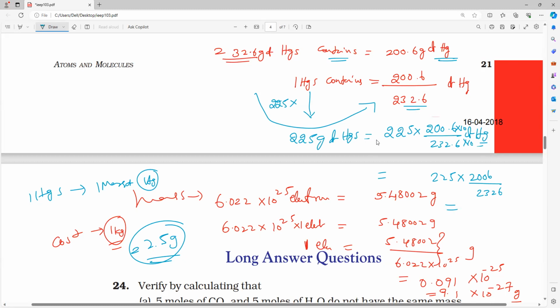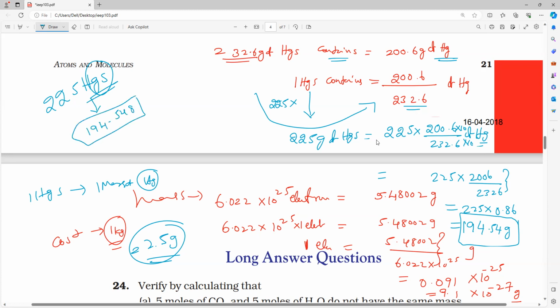If you do this division you will get 0.86, and if you multiply it you will get the answer approximately 194.54 grams. So if I purchase 225 grams of pure HgS, approximately 194 grams is